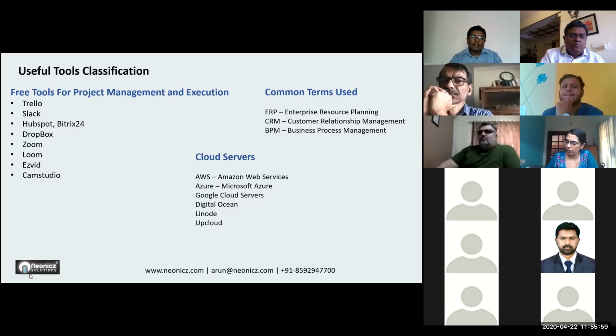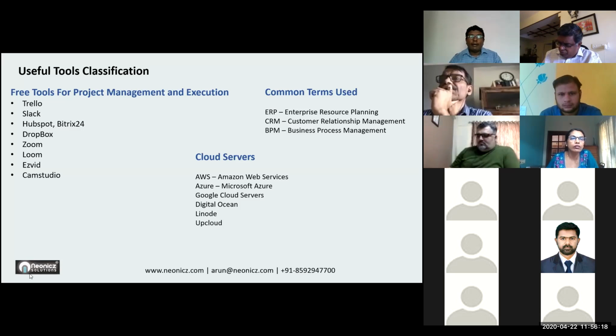So AWS is Amazon Web Services, which is a cloud provider. They provide $100 for 1 year, I believe so. That is the amount they offer you, $100 for a year. You can utilize that AWS platform. And they will provide you certain free services, and at a later point you can pay.